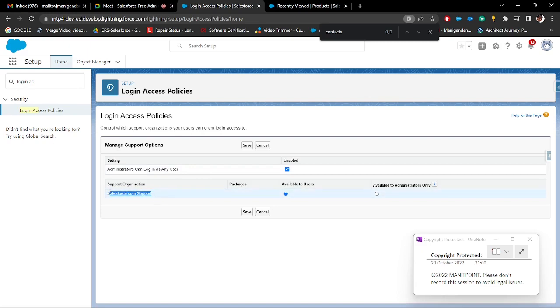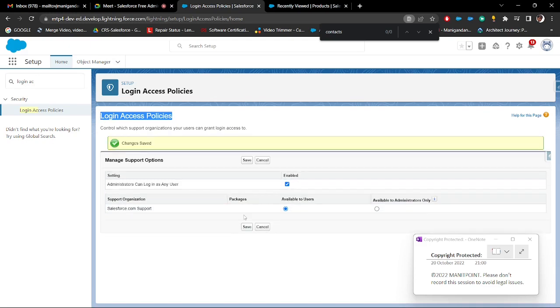If this option is enabled, the Salesforce team can debug this entire org so that they can find our issues and provide the solution. So mainly for this we will use login access policies, and we can save it. Once you change this, go back to users,